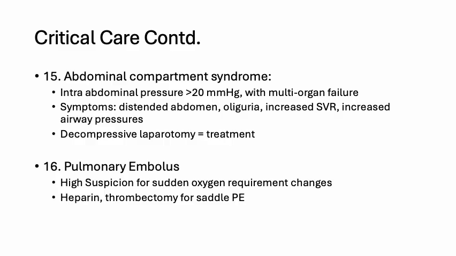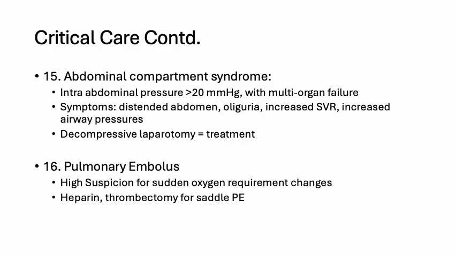So an important one to know about clinically as well as for the Absite exam is abdominal compartment syndrome. And this is when, with a paralyzed bladder pressure, the intra-abdominal pressure is greater than 20 millimeters of mercury, and the patient has multi-organ failure. So symptoms will include a distended abdomen, oliguria, increased SVR, increased airway pressures, and then the decompressive laparotomy is the